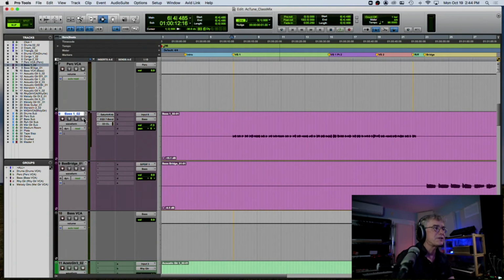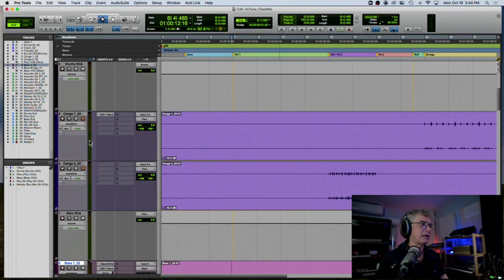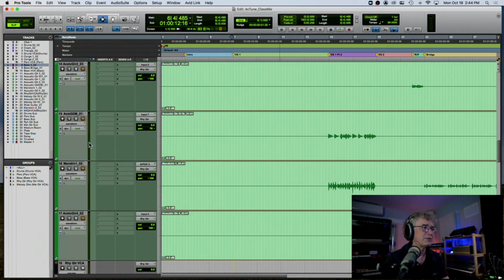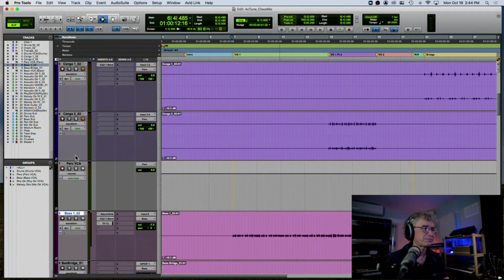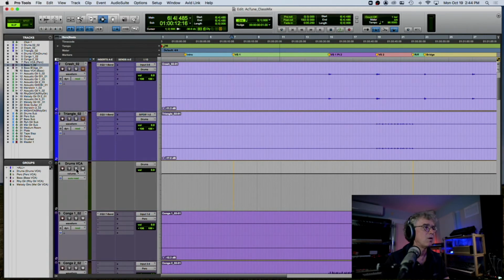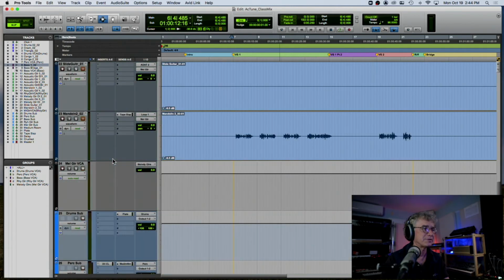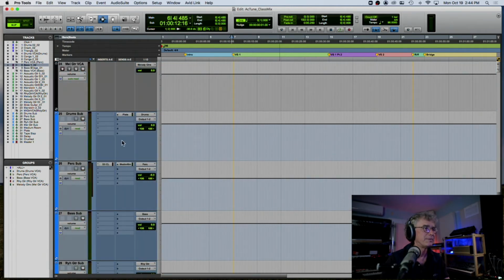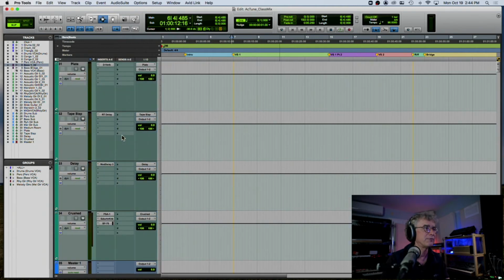Okay, so this is sounding pretty good. The next thing I want to do, because it's sounding very close, is add some reverb. I'm going to do that globally across all of these tracks on their submasters, right? So we've got our drum sub. And what I did was I've set up